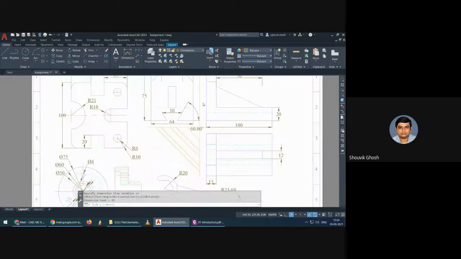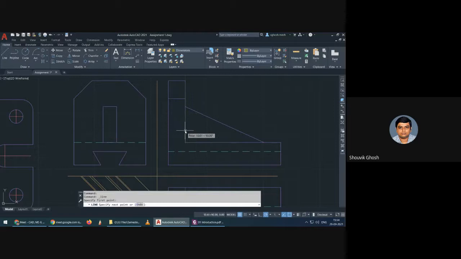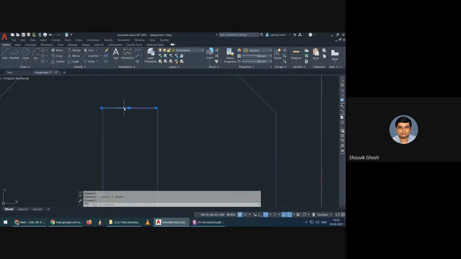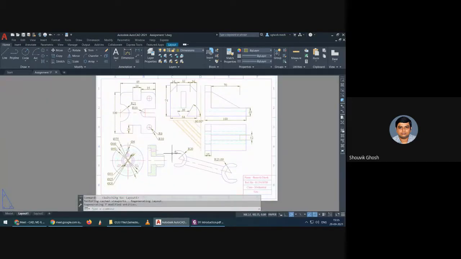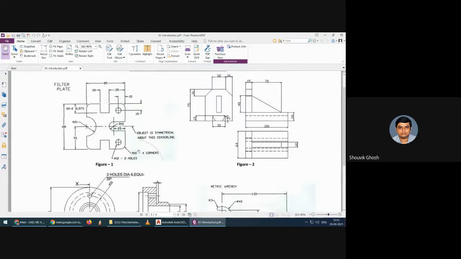Okay, so now what we need to do is see for this figure, it says R10 four corners.